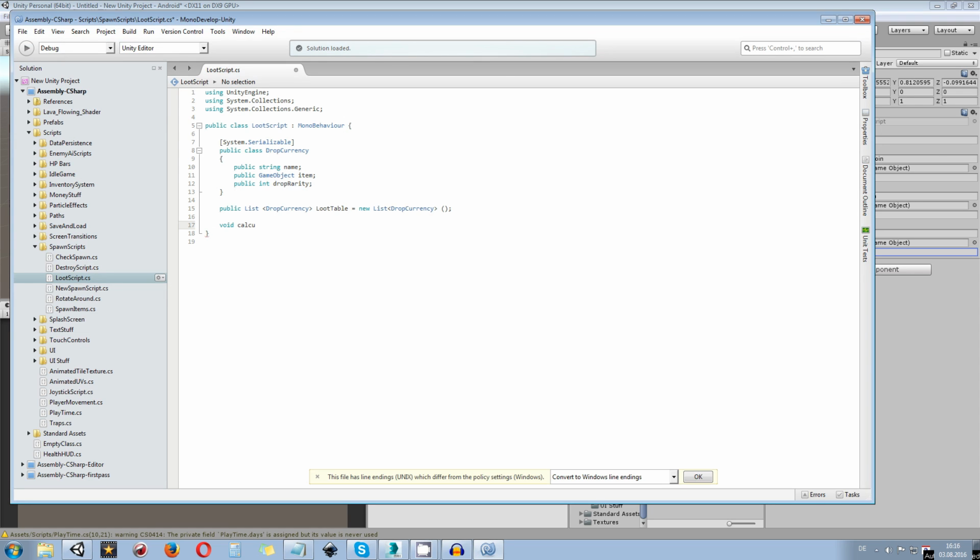So calculate loot, I call it like this. We don't need anything inside those brackets. So the first one is, we can have a drop chance. A drop chance is going to be whatever you want to set the drop chance to, and it is calculated before we actually start to calculate the loot. So what does that mean? Let's create another public variable in here. So the basic drop chance